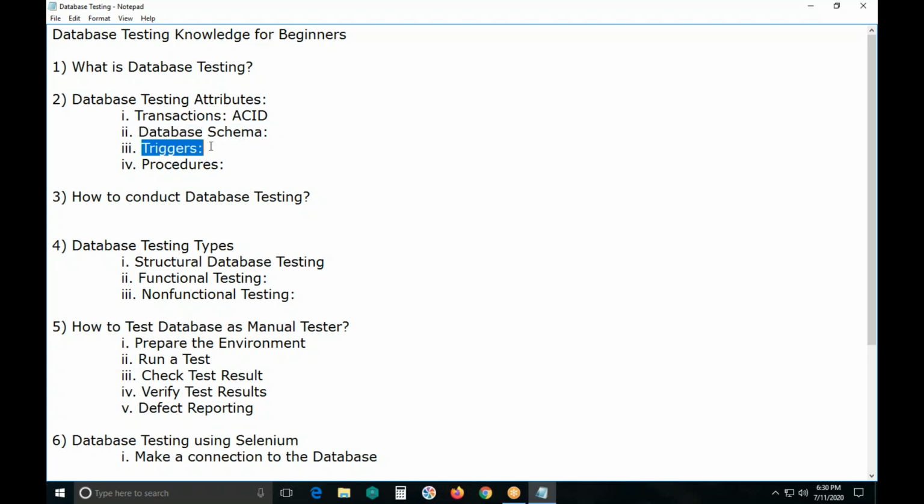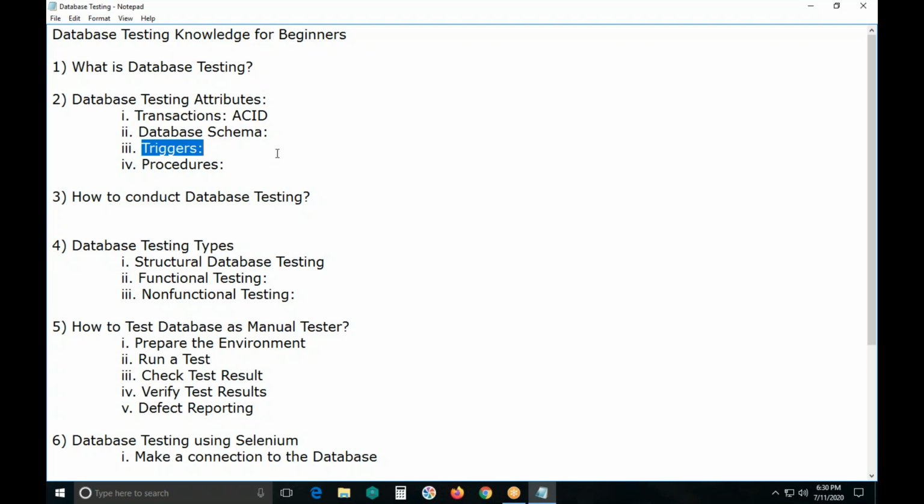Next, triggers. When a certain event occurs in a certain table, a trigger is automatically executed. Suppose one EMI transaction date is the 8th of every month. Before the 8th of the month, the trigger won't be fired.